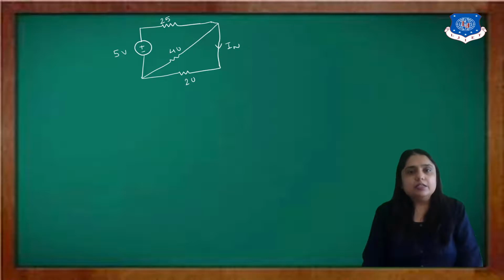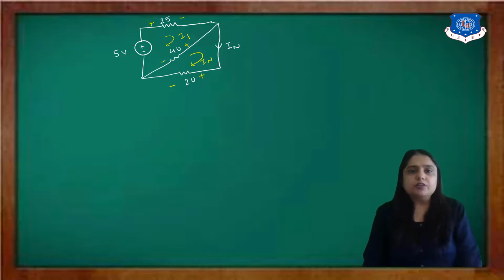But here I just use the loop analysis. So here my one loop current is IN, that is already given to me. And another loop current is I1. Now simply what I have to do? Based on the current, we will get some polarity of the voltage. That is, the first end will become positive, the second end will become negative. So like this, here in the 25 ohm, that is plus minus. In I1, based on the 40 ohm, I1 plus and minus. And IN, that is plus and minus.